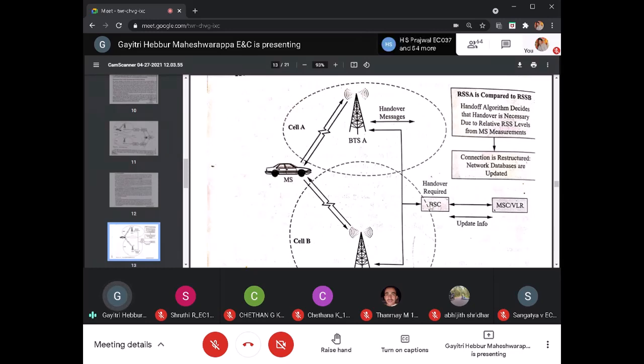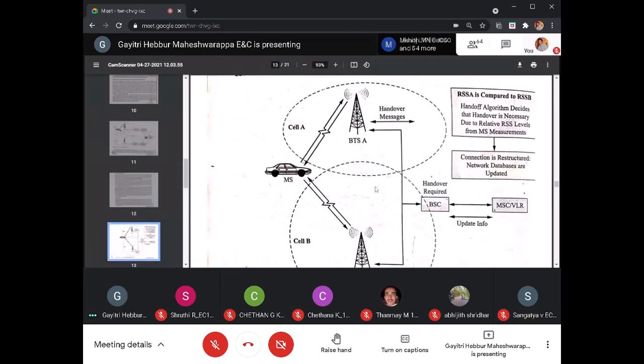Then what will BSC do? It will request all the radio base stations under its control. Okay. Then it comes to know that base station B is receiving the maximum signal strength from the MS because it is near to this coverage area. Then the new channel is assigned to base station B, and the same information is transmitted to BTSA through the voice channel. That information has to be collected by the MS, and whatever channel allocation is done is transmitted through this old radio base station, and the MS is attached to the new radio base station with that information.